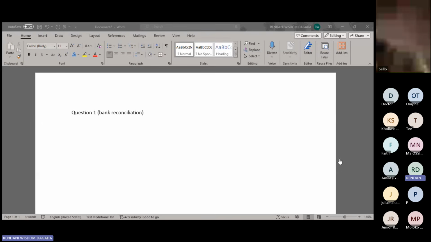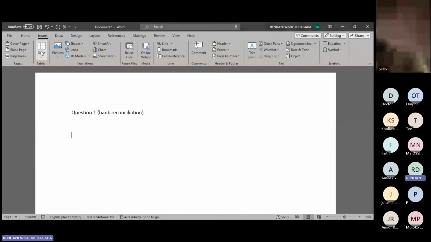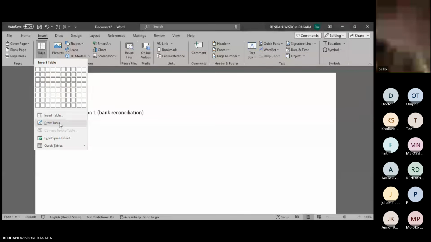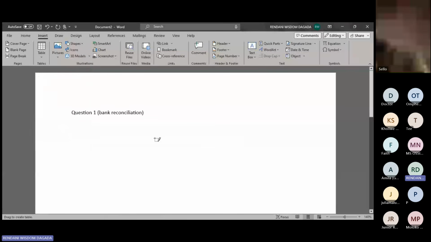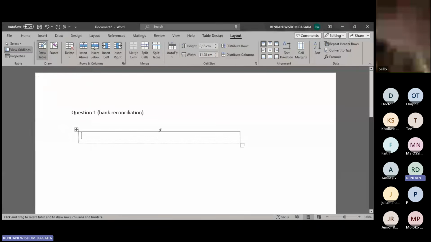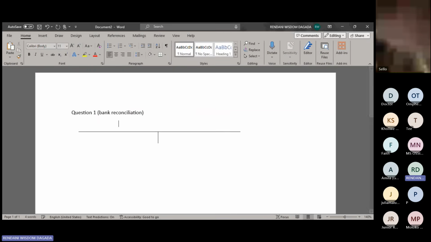Okay, sorry about that. Let's continue. So whenever you see your bank reconciliation question, first thing that should come into mind is you need to draft your 2 books. Which books are those? The books that you need to draft, it's going to be your supplementary cash book. That is going to be your first book. So you draw a T account. So you're going to draw your T account. Supplementary cash book, you're going to call this supplementary